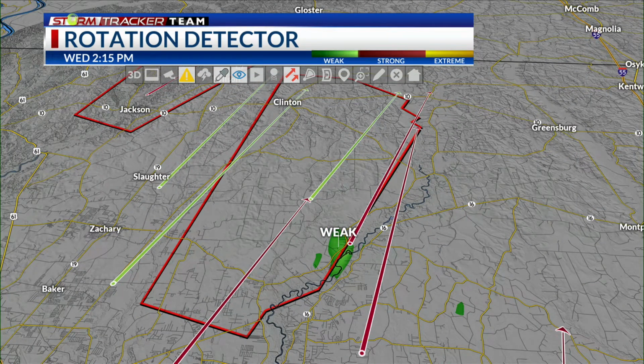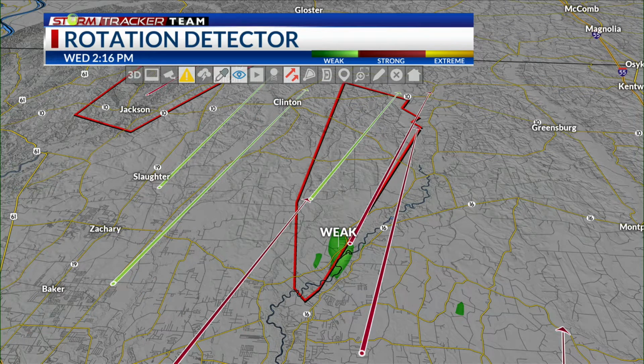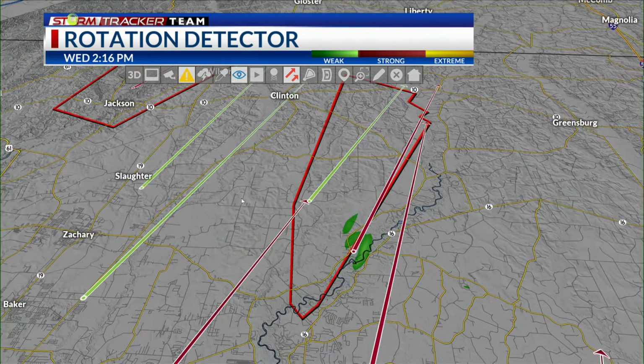Now, the National Weather Service is going ahead and continuing the tornado warning for EBR and East Feliciana parishes for another 15 minutes or so. They're also issuing a new severe thunderstorm warning for Pointe Coupee and West Feliciana. So you see how that kind of updated there. They trimmed that polygon. So Clinton, you are no longer under the gun for this one particular storm as of